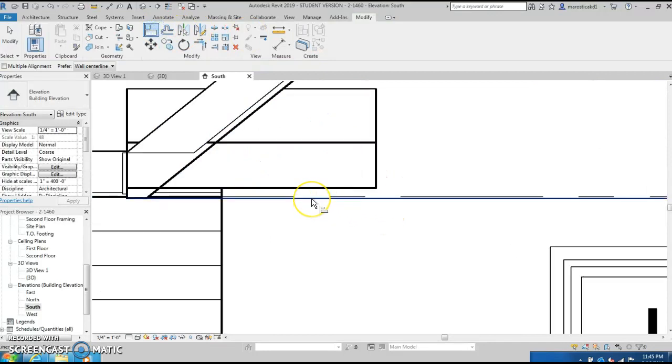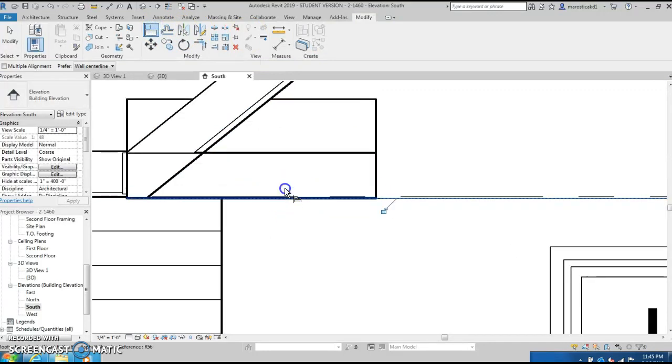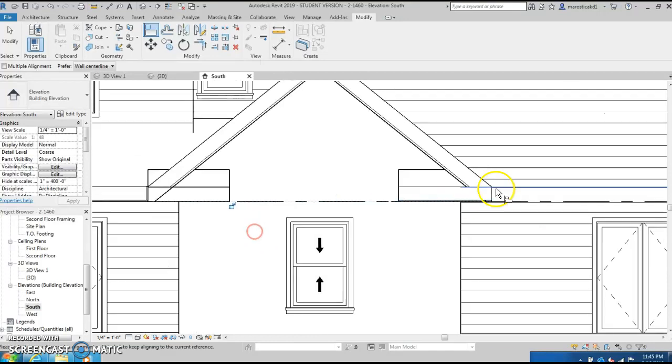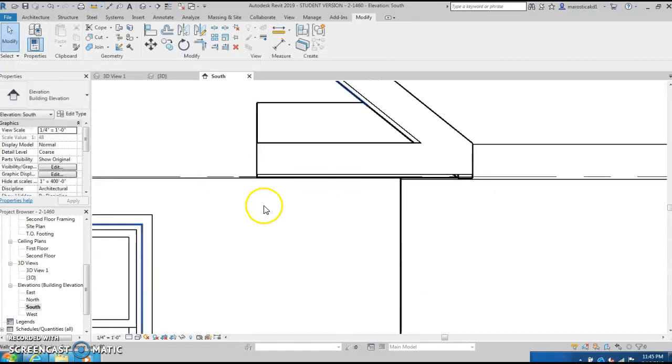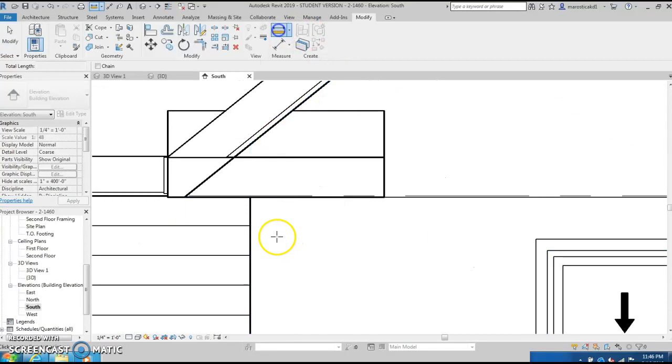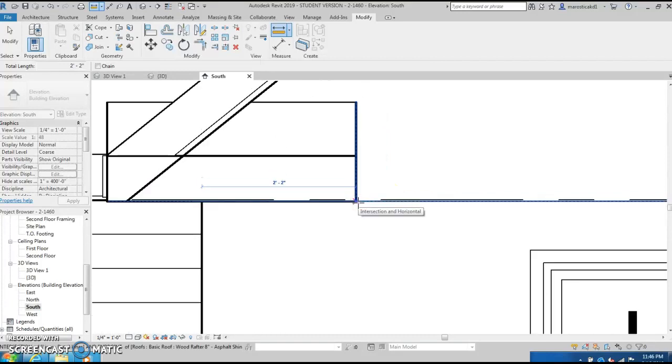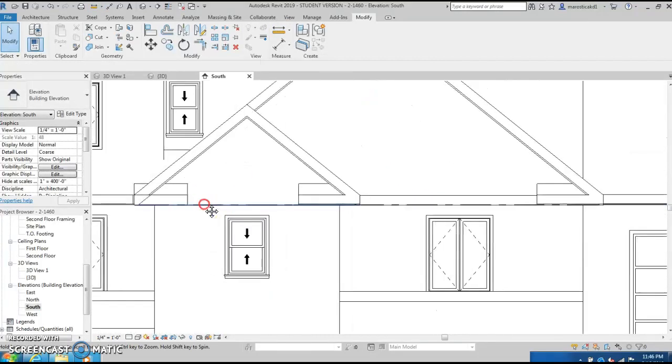And we want to select the line that we drew first and then that. And then it will move it exactly to where we want it to be. And just while I'm here, I'm going to go ahead and measure from the side of this wall here to the end of that. So right there, that's 2.8. So then we'll come back here and see if it's the same distance, just to be sure. So that says 2.2. So we're going to want to add 6 inches when we go back in and